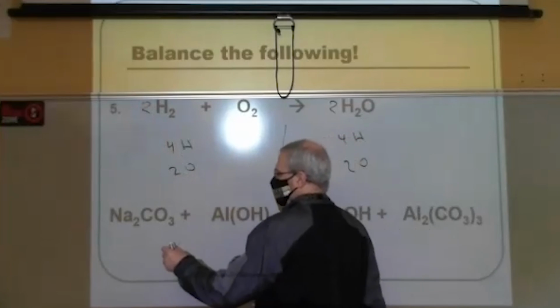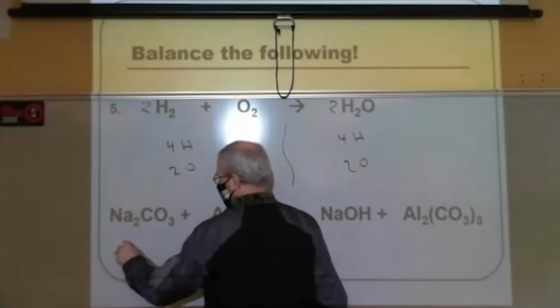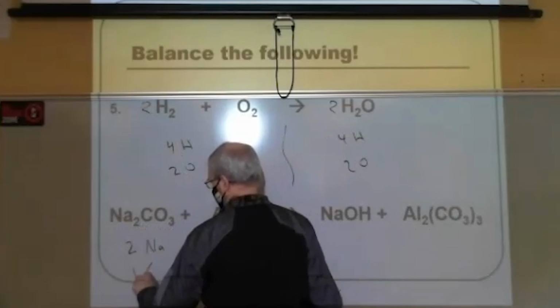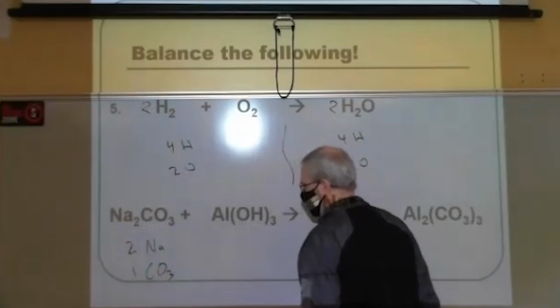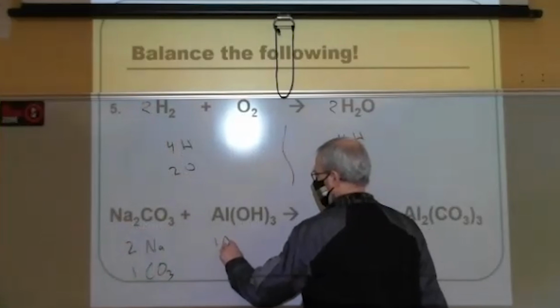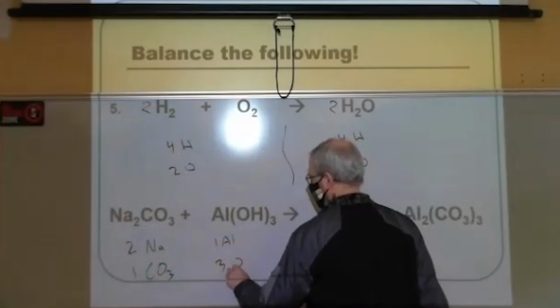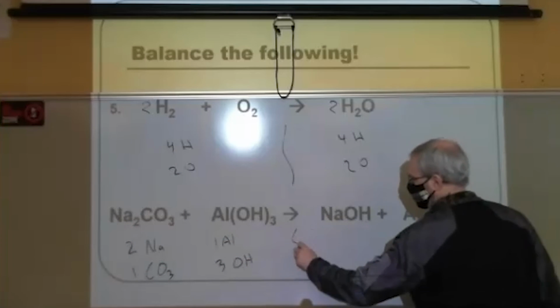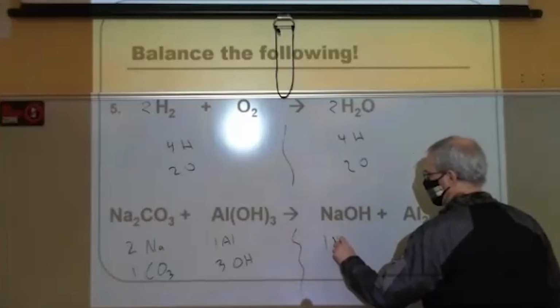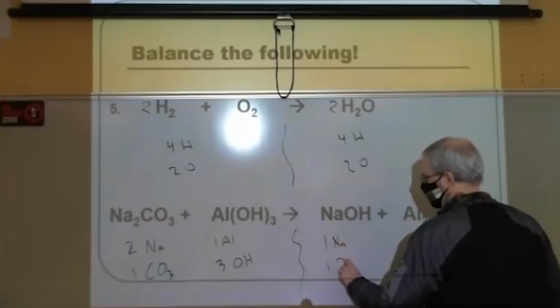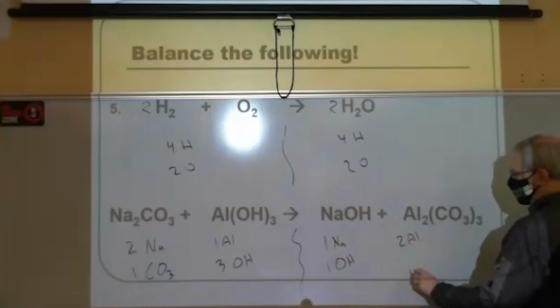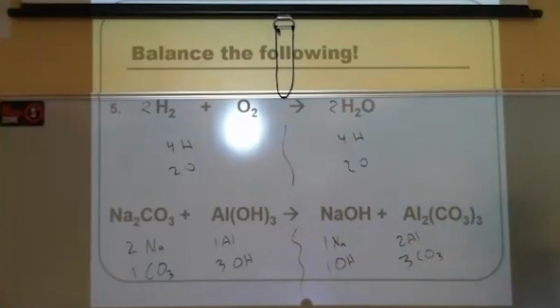Okay. For this one, I have 2 sodiums, and I have a carbonate ion. I have 1 aluminum, and I have 3 hydroxide ions. On this side, I have 1 sodium and 1 hydroxide. I have 2 aluminum and 3 carbonate ions. Okay, so